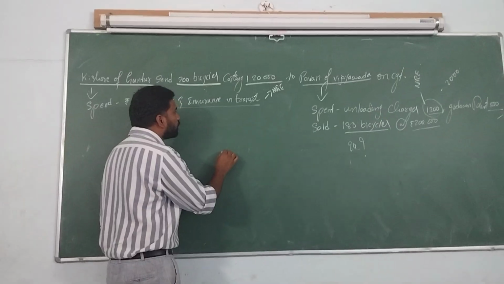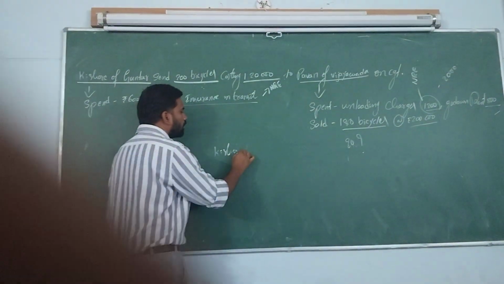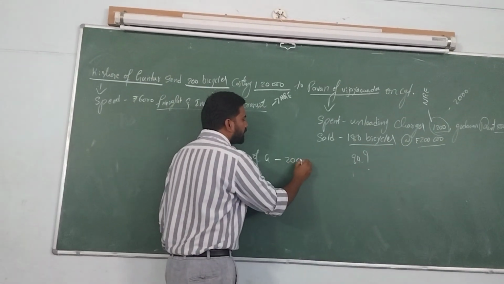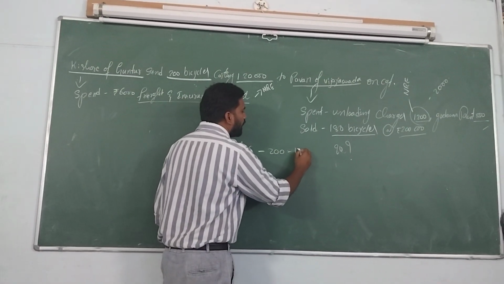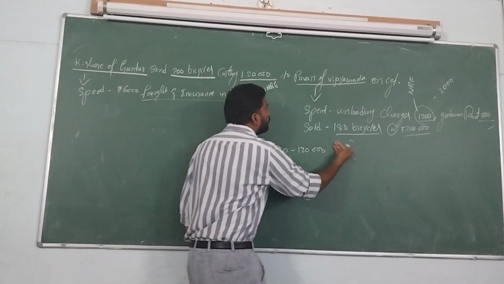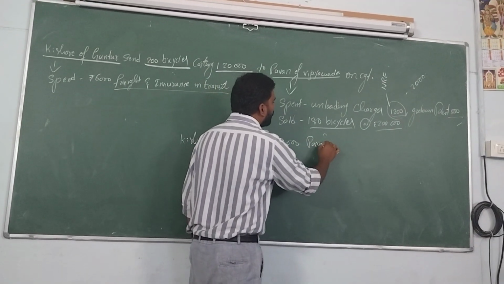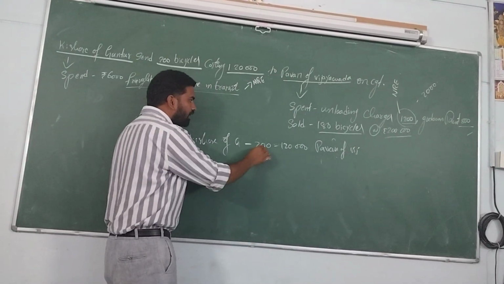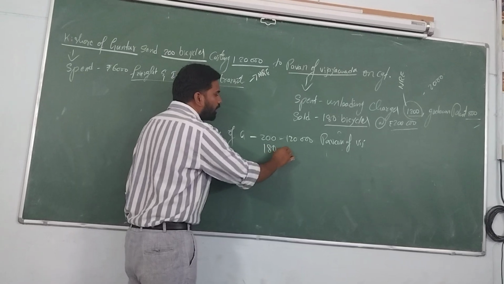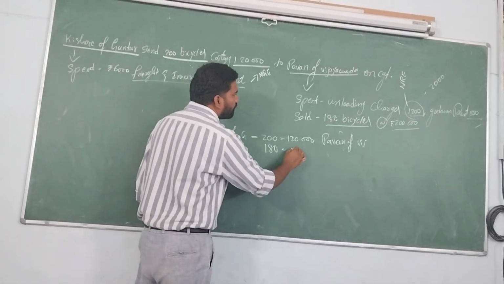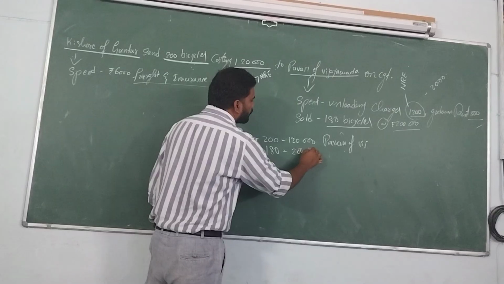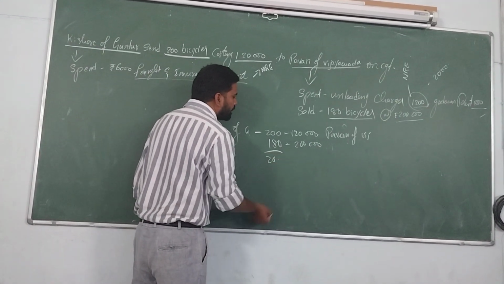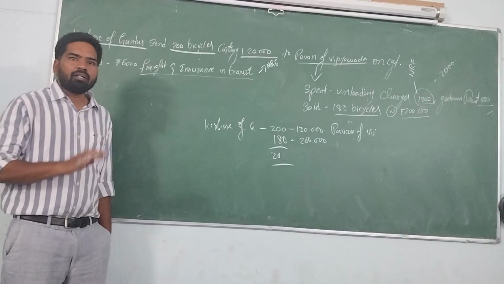Kishore of Guntur sent 200 bicycles costing 1,20,000 rupees to Pavan of Vijayawada. Here Pavan sold only 180 bicycles worth 2 lakh rupees. What about the 20 bicycles here? 20 bicycles is unsold stock